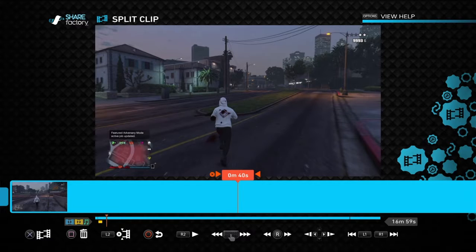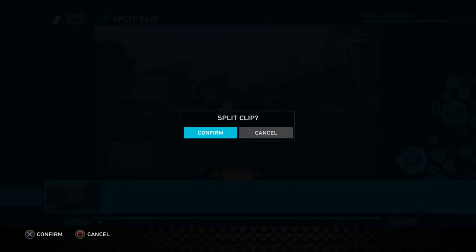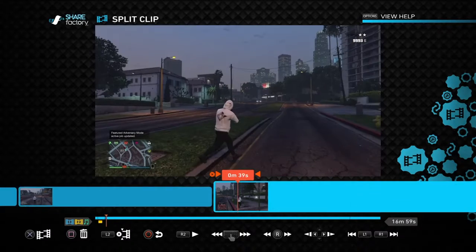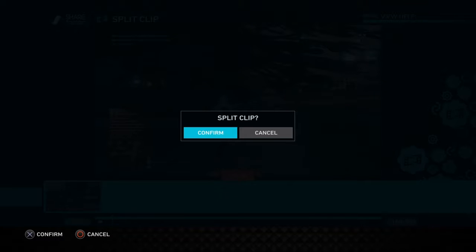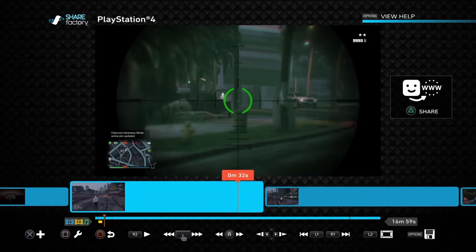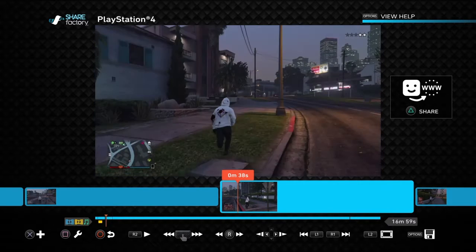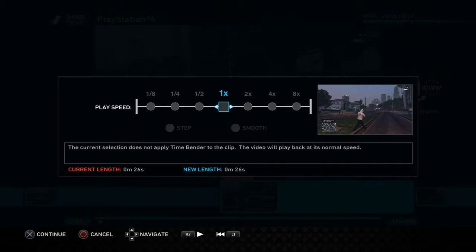So let's say I decide I want to split this. I click split on this point, and then I do it right here. I split this end too, and I'll see I have multiple clips. So after I split the clips, what I would normally do is I go to time bender, and now you have